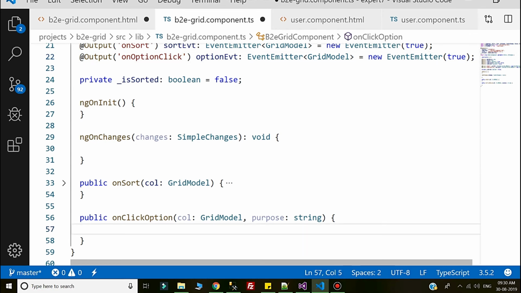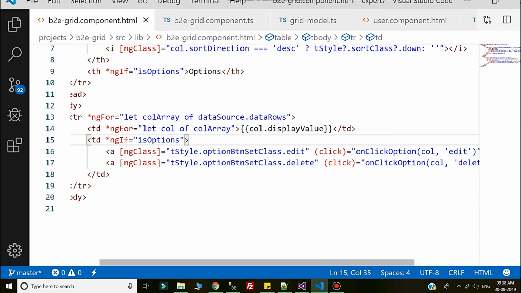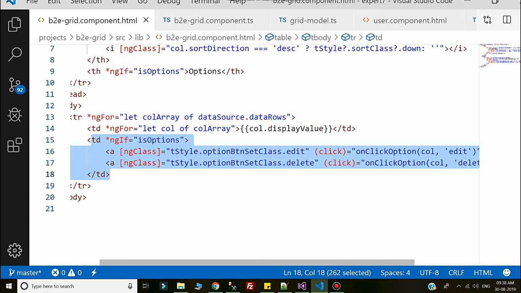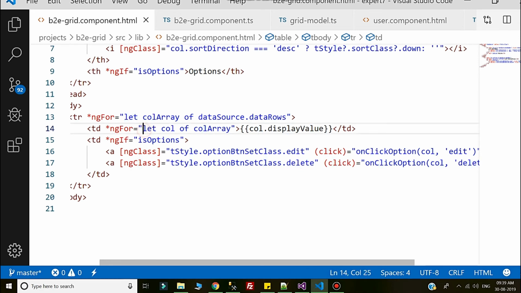So here what we can do, this grid model. This column object we can't access, because this TD is actually outside the scope of the first TD, the data column. Because here I am using the scope variable like let, that let variable will be only inside this TD. So to get that, we need this column array. Here I will pass,